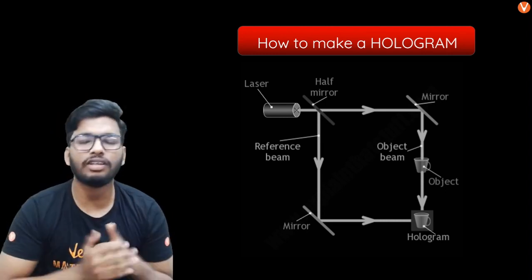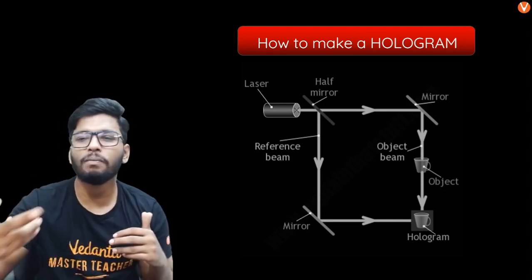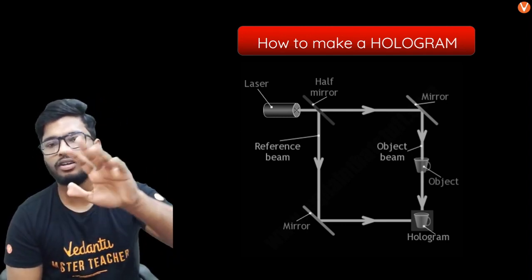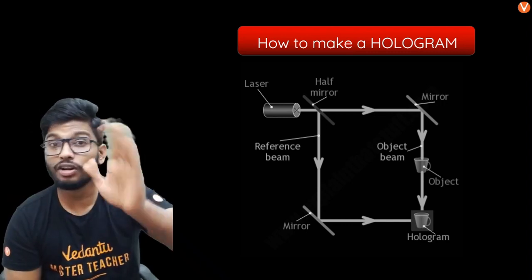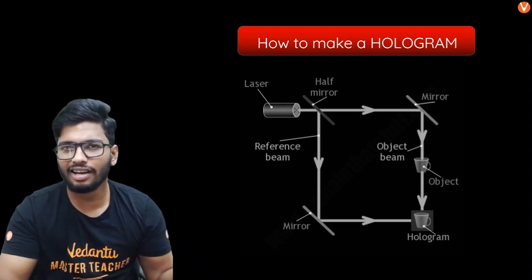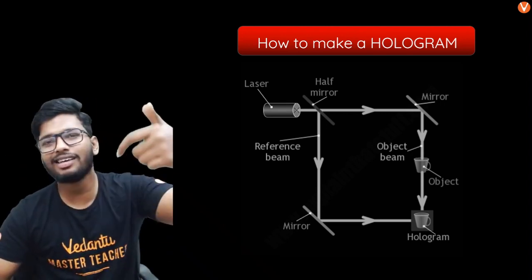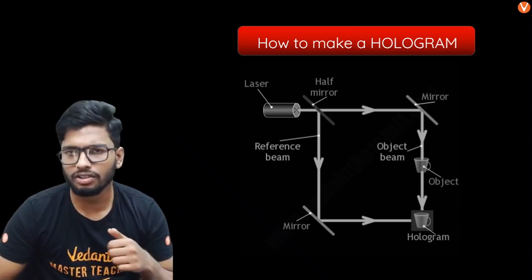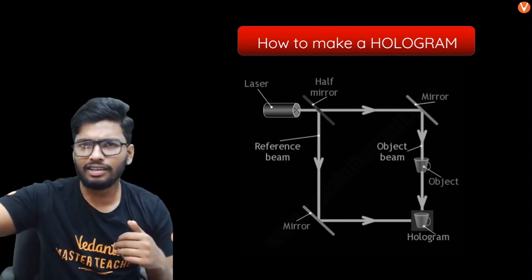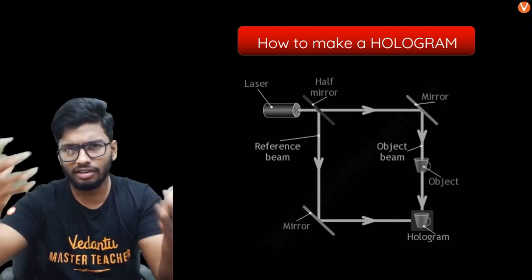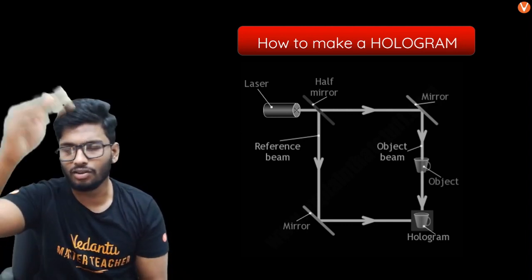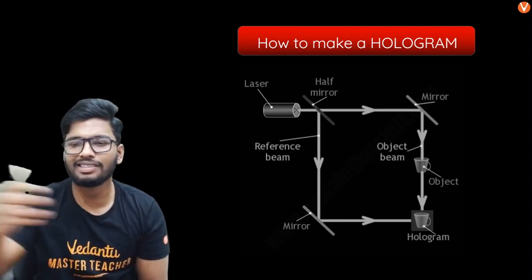So what you have in a hologram setup is basically a set of two mirrors and one half mirror. The laser light that is coming out is allowed to fall on the half mirror. This half mirror is like a translucent object, so part of the light is allowed to pass through it, refraction, and the other half is reflected from the surface. It is kept at a particular angle, exactly 45 degrees, I believe. One ray of light would pass through it, refraction, and go and fall on the other mirror. Another ray of light would fall straight down after reflection, fall onto the mirror and basically fall on the photographic plate.